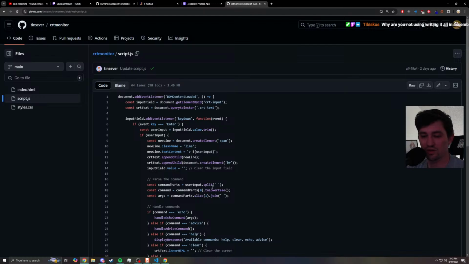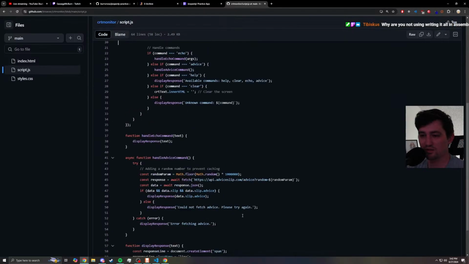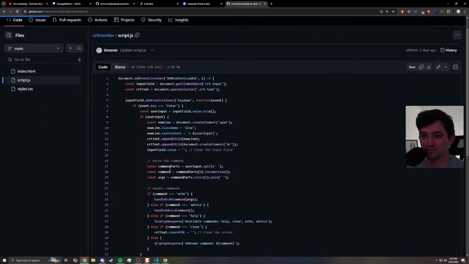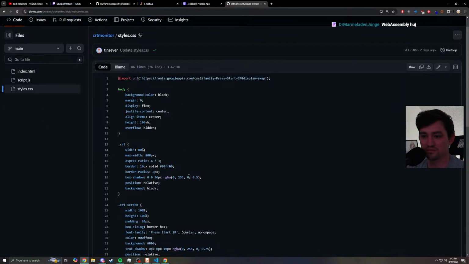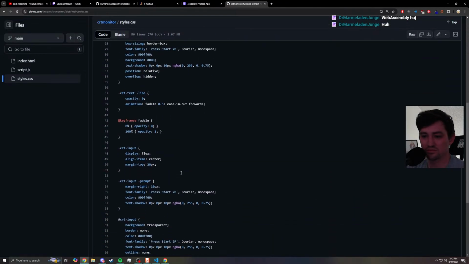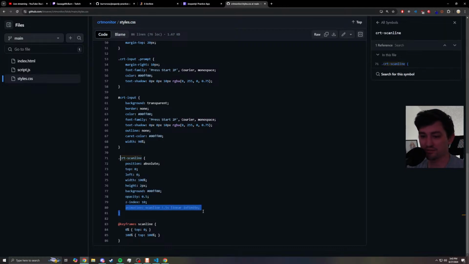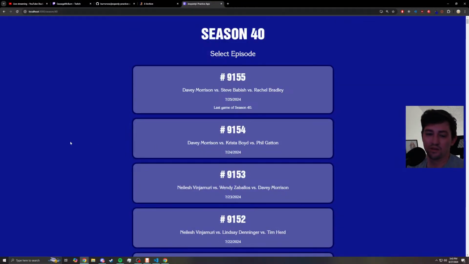Why are you not using it all in assembly? Yeah. Why are you simply not writing this in assembly? I mean, it is a command line on a CRT. Nice. I was wondering how you did the scan line. It's very cool. Yeah, why are you simply not,